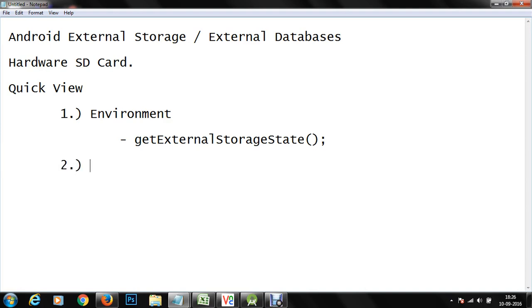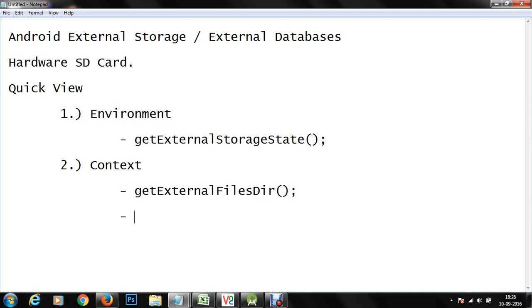Using option number 2, we are going to make use of the Context class, and we are going to access a few methods like getExternalFilesDir. This method is used in previous API versions, and using this function you can get access to the directory, the primary, shared and external storage.